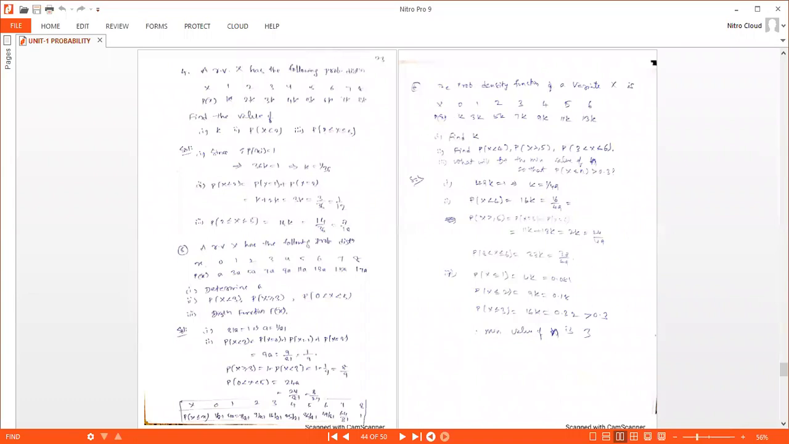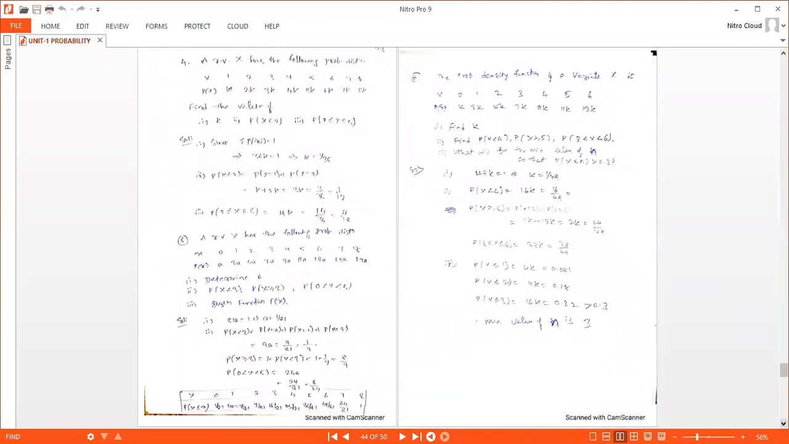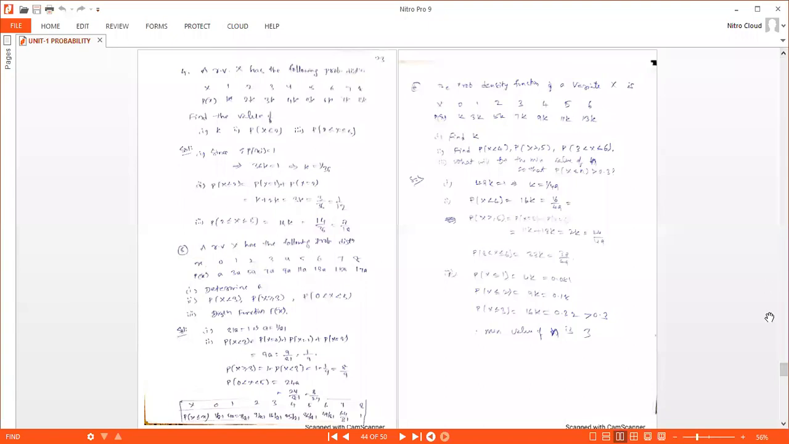Right, next problem. The probability density function of a variate capital X is given, probability of x, p of x, with values 0 to 6, and corresponding probability values are given. So we need to find the value of k